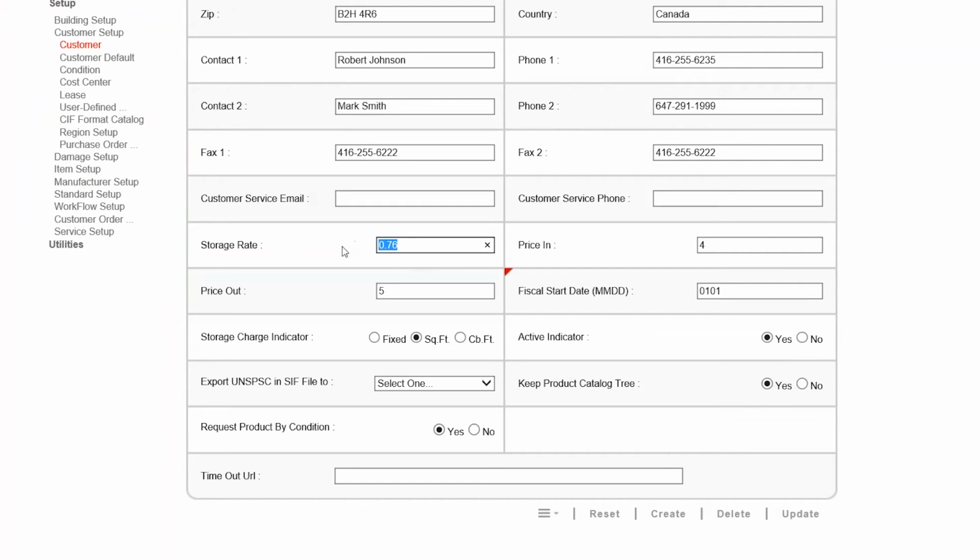Next, we want to talk about the storage rate. The storage rate field enters the cost per unit of space. SnapTracker provides an opportunity to set the cost per square foot of space consumption at the customer level. We can set the price for each customer, giving the dealer or installation company greater control over the cost of